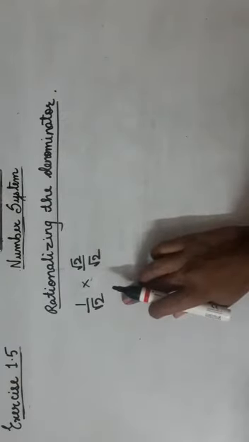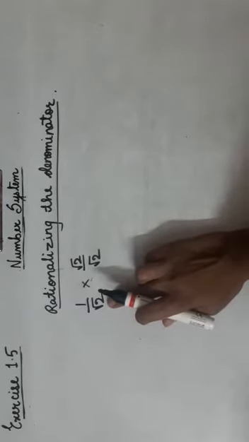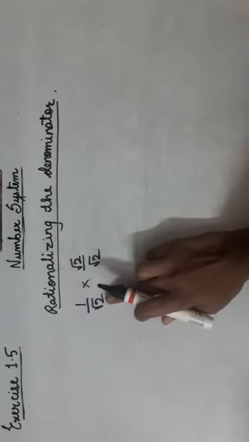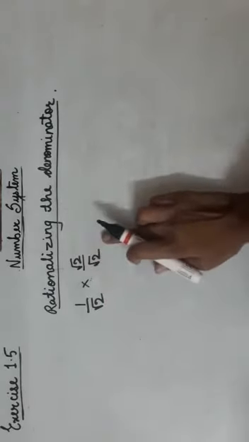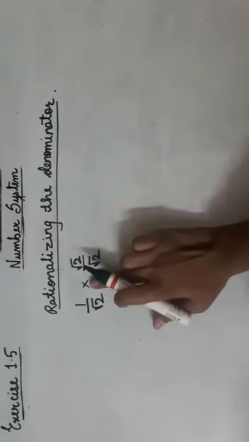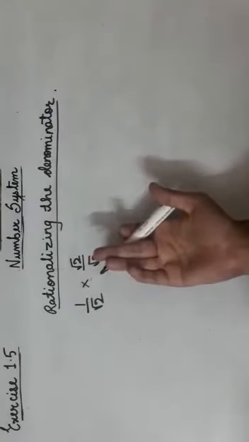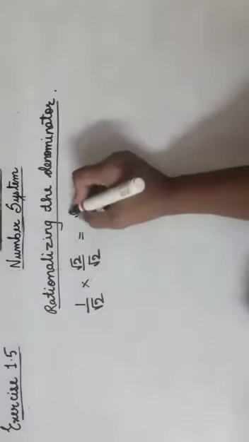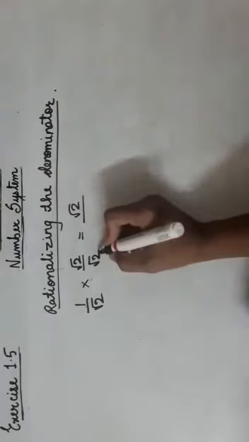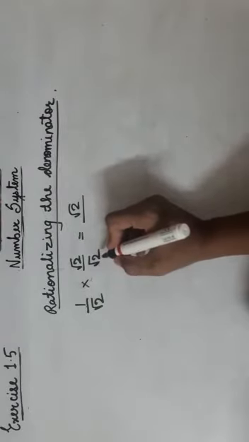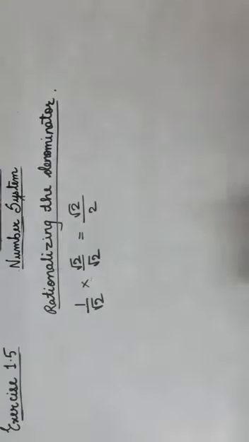Clear? So now for this rationalizing denominator, in every question we are going to do the same thing. We are going to check the denominator, and suppose a single root number is given, so the same number we are going to multiply in numerator as well as denominator. Okay, this does not change the value of the number. Now simple multiplication is there, so multiply numerator with numerator, denominator with denominator. So 1 into root 2 is root 2, and root 2 into root 2 is what? Root 2 into root 2 is root 2 square. Root 2 square is nothing but 2. Root 2 into root 2 is 2.